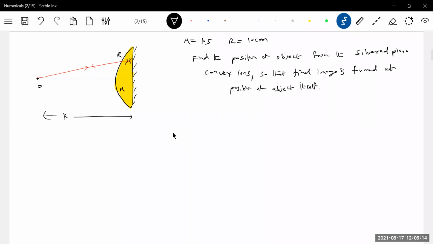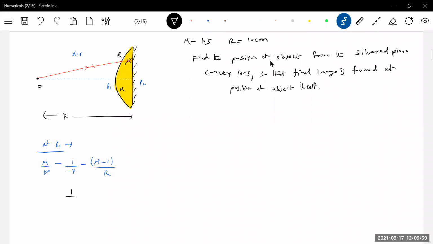Okay, you need to think anything big. So after reflection, the rays should become parallel. For that, what should be the value of x? So now we'll take the refraction at point P1. At P1, we'll get into the discussion. So at P1, the ray will be mu, should become infinity. Then this is here. If I don't mention also, it is to be taken here. Then minus of x equal to mu minus 1. Radius of curvature is R. Okay, this will be 1 by infinity. Okay, this should be 0.